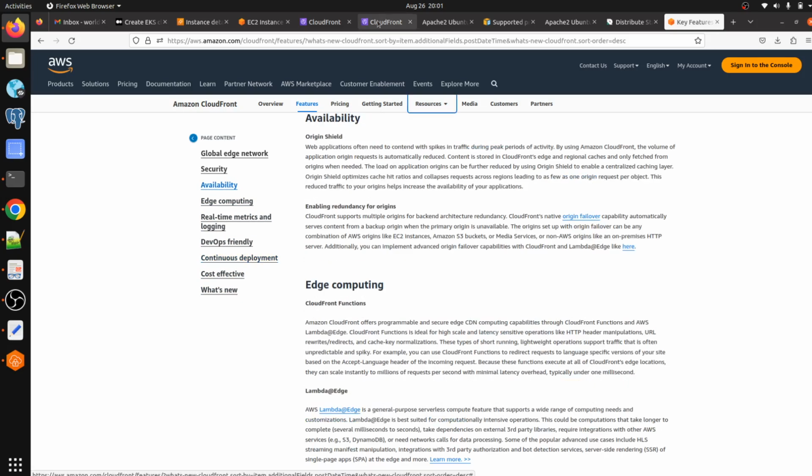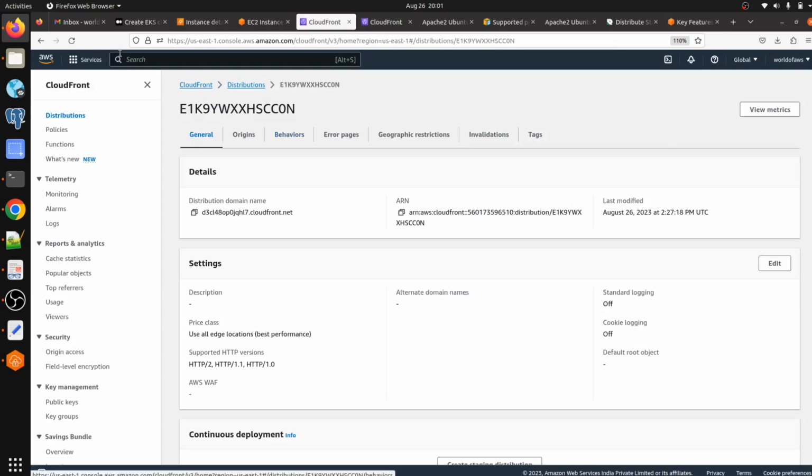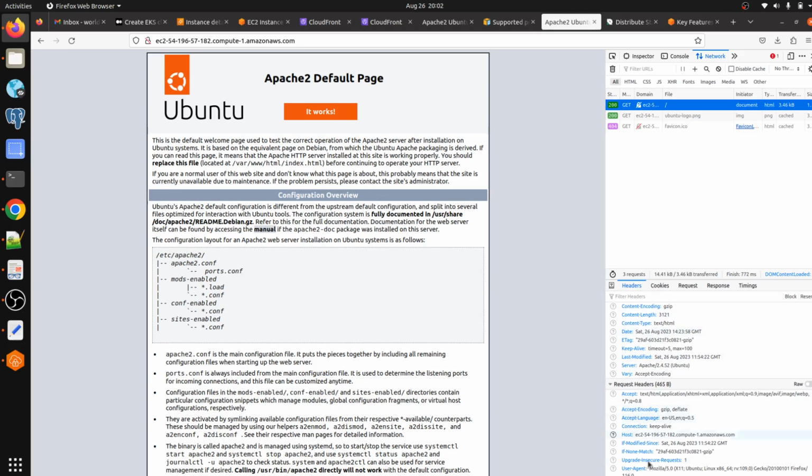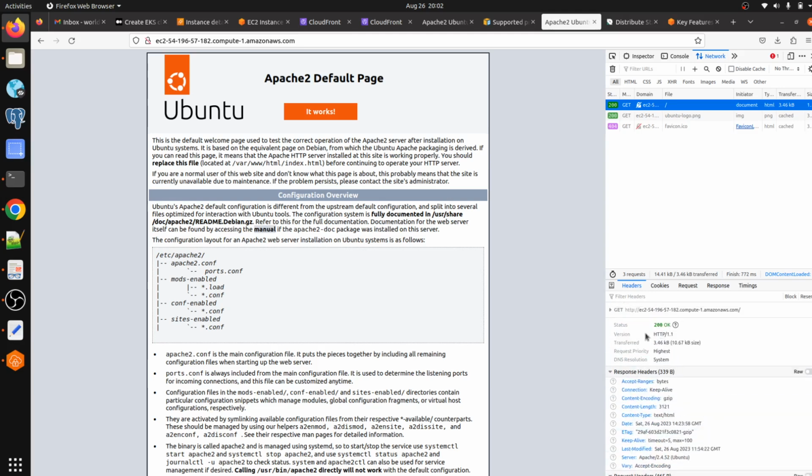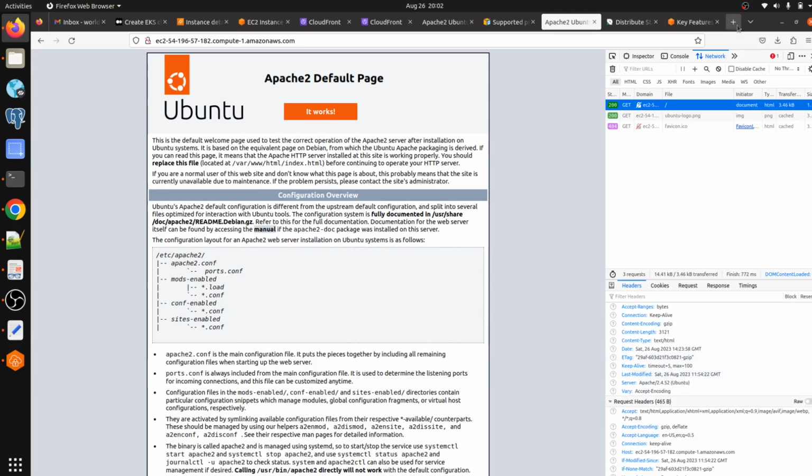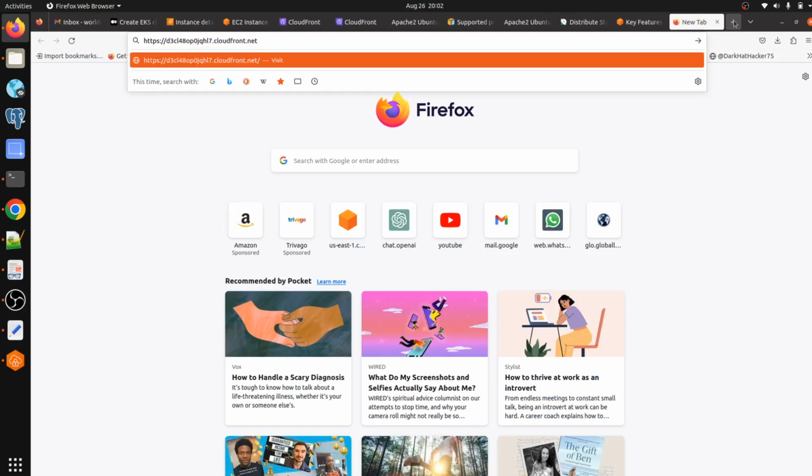Okay, let's go back to the CloudFront dashboard. So yeah, our distribution got created. Now if we want to access our domain using CloudFront, then we have to use this URL. Okay, DNS name, you can see it here. We are not able to see any response from CloudFront, right? We are getting data directly from the origin server. Okay, and let me hit this URL here